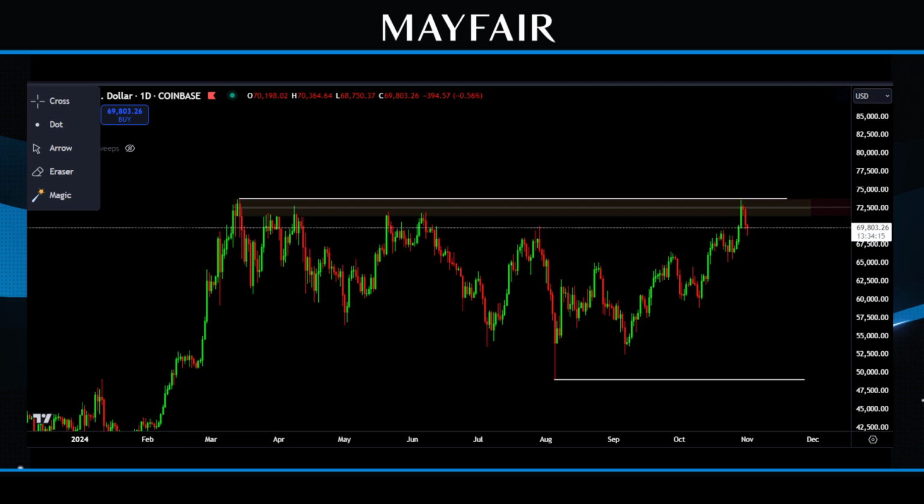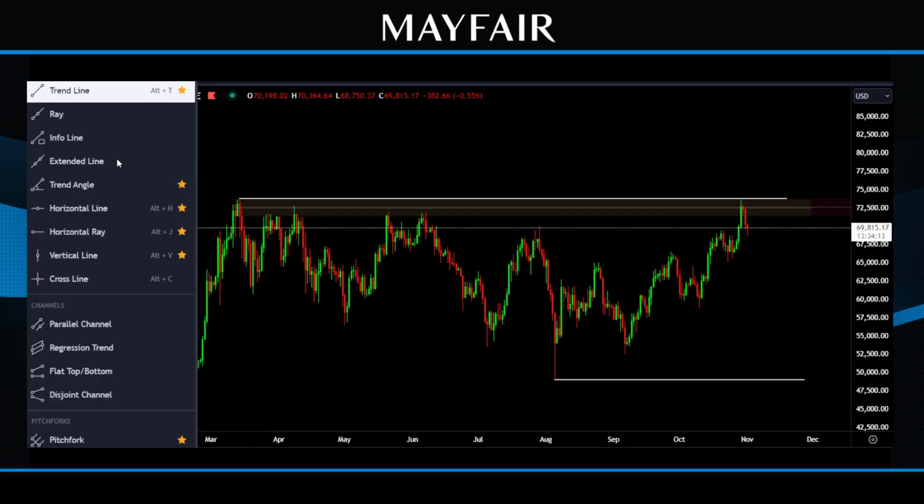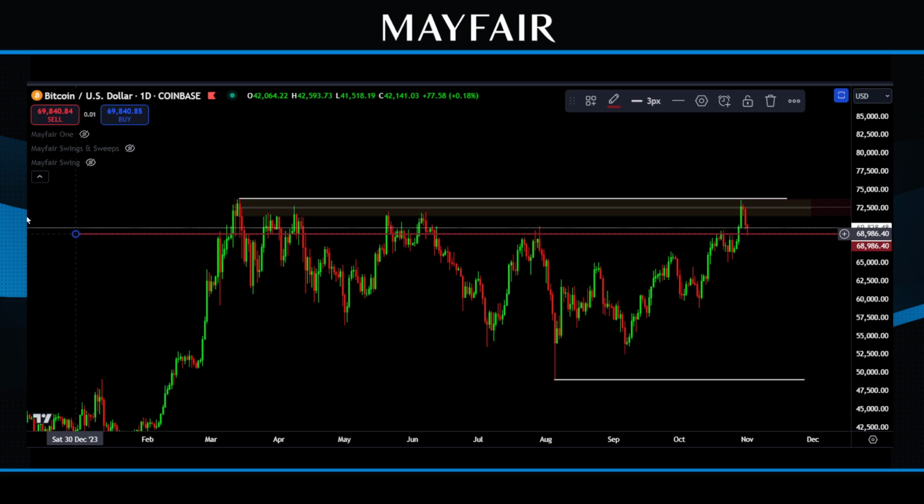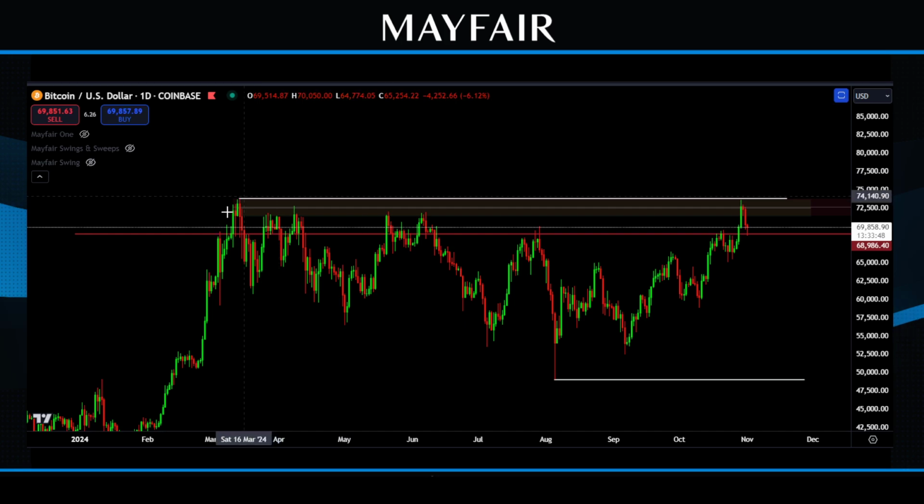There's a couple of key pointers. Let me show you this. If we were to put a horizontal ray on the $69,000 level, that's close enough. As soon as we approach that level, we fail in this large green candle and we reject in this large red. That tells me one thing. Retail are buying, and the control is from that liquidity pocket.